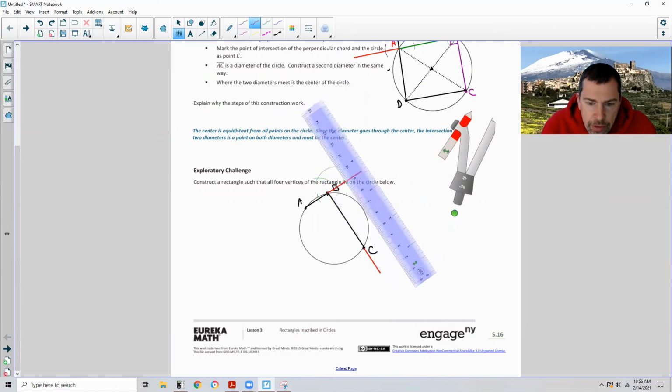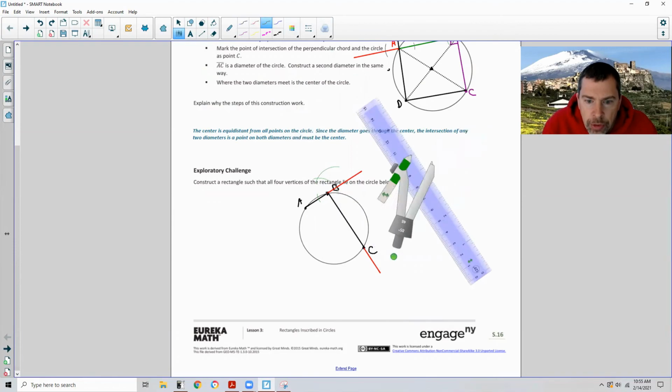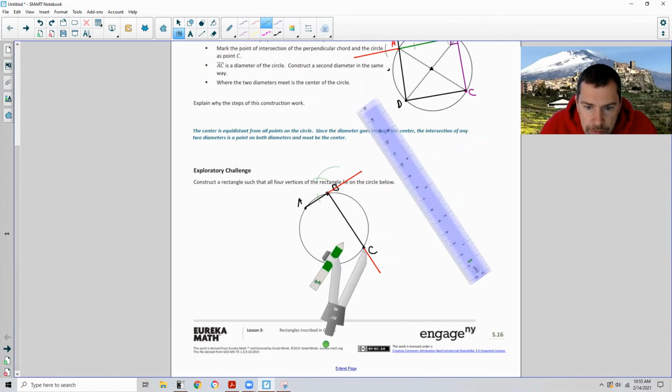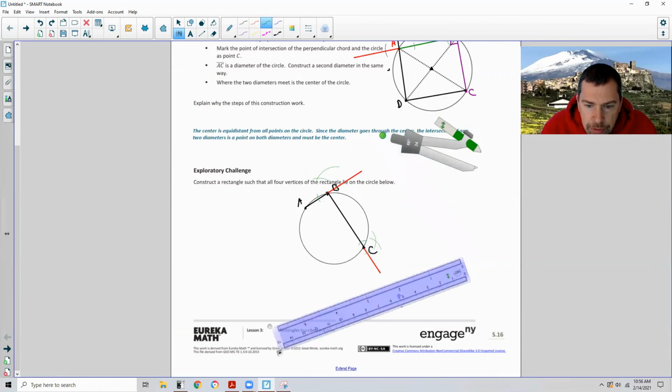So I'll extend this out like so, switch to green, put my compass on C, close it a little bit, draw an arc, come around to the other side, draw an arc, and then move the stylus to one of the ends, one of the arcs, open it up a little further, bring it up here, make an arc, move the stylus to the other end point of where C is the midpoint, and draw an arc, rotate my ruler,